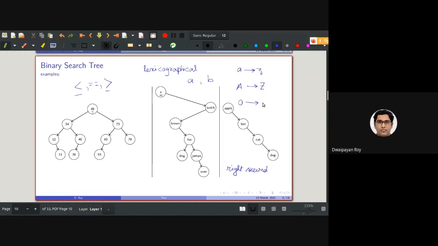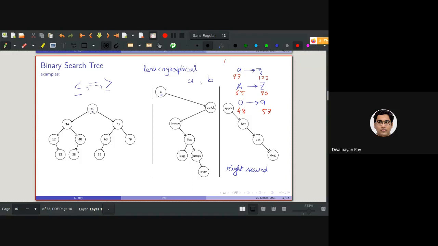What is the ASCII code range of the digits 0 to 9? It is basically 48 to 57. From capital A to capital Z it is from 65 to 90, and for small a to small z it is from 97 to 122.